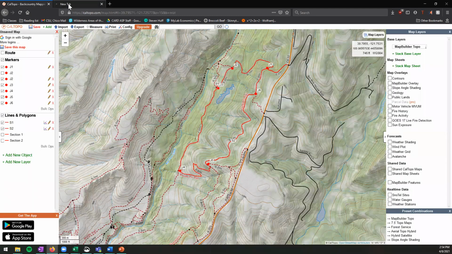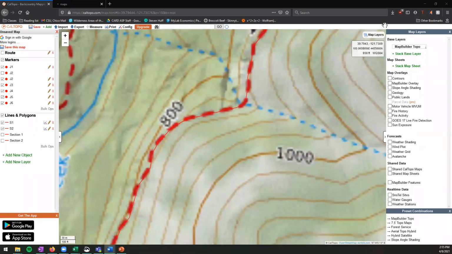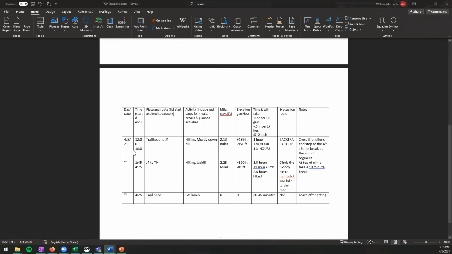While that works, it takes a minute for that to load. We will go ahead and get started on the TCP part. So, oh my goodness, sorry about that. So we've got the time control plan. I already filled mine out, so